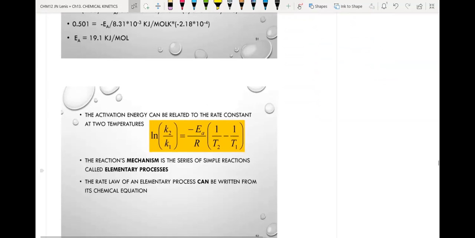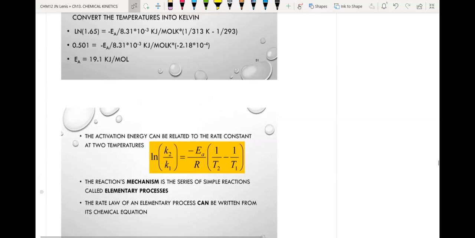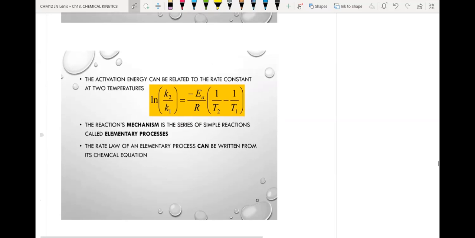It's exactly the same equation, just moving it around. We can get this. Probably this is the one that you are going to use most of the time. It's a lot easier to work with than the previous one, especially when you're trying to find the activation energy. And the problems I'm going to give you and we're going to solve will be using this form of the equation,